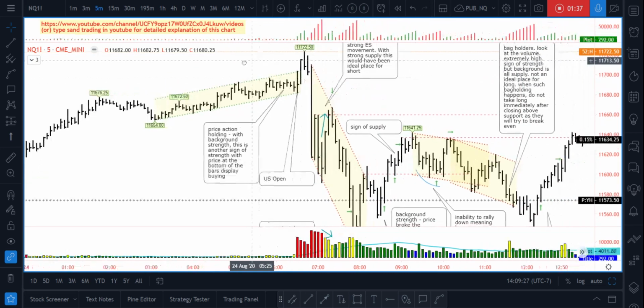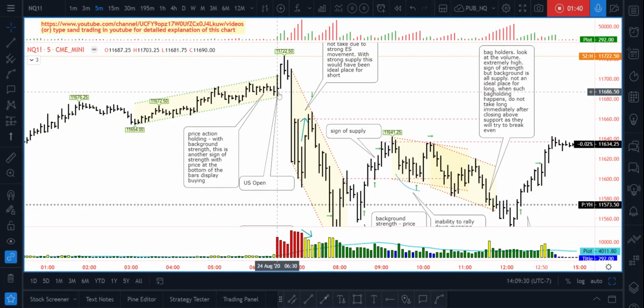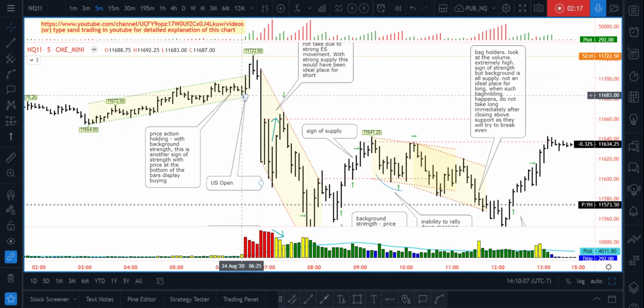So, as you can see, in Pacific time zone, this is the US open session, but prior to that one, the background condition is that you can see demand, and demand basically means buying, right? And you can see it went sideways for almost 30 minutes, and then every time it came down, the buying is there. See the buying here, the buying here, and here also, when it came down, the bar closed in the middle, like the bottom portion was buying. So you can see the demand in the background. So this is the US Open.